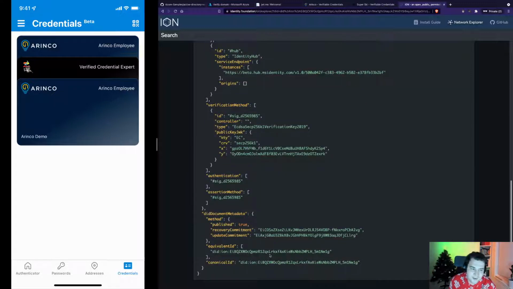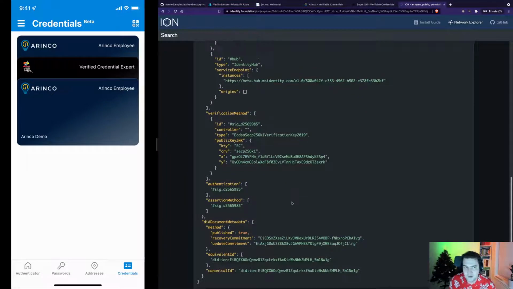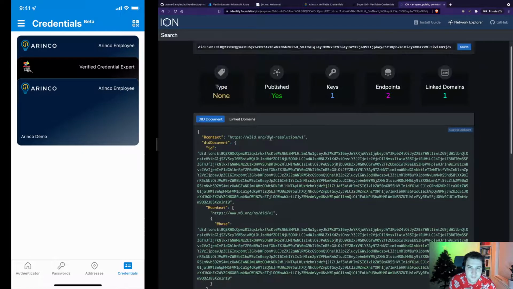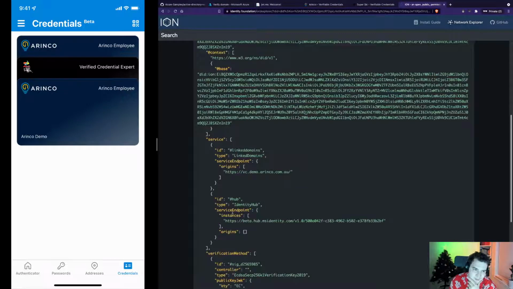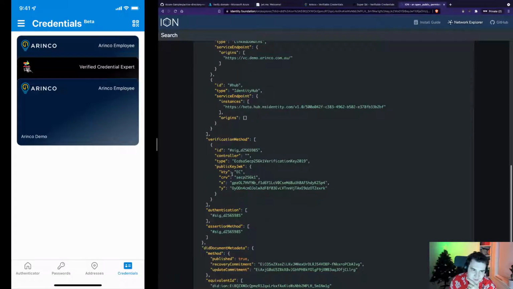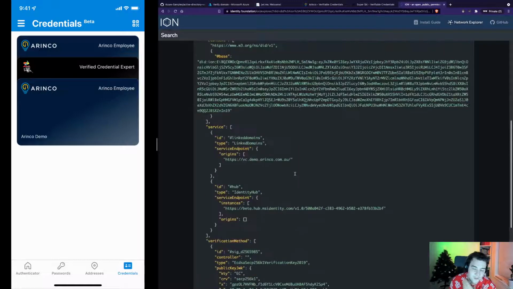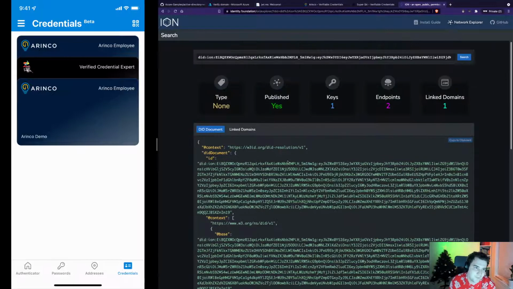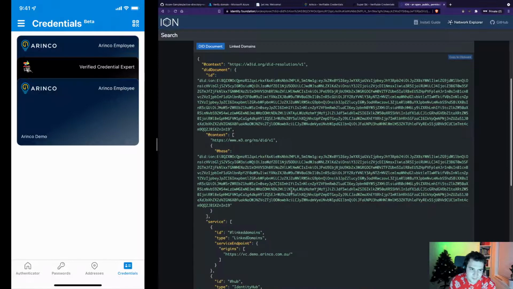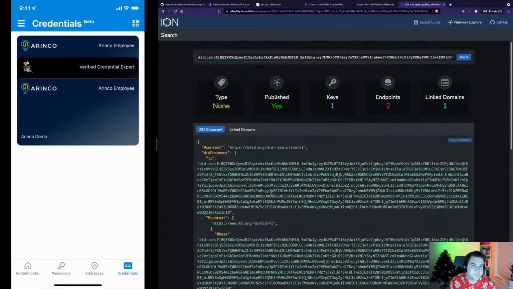I sign that, and then I put that credential on the device. I can look up that DID, which is presented as part of the card and also via the well-known on the blockchain network, and get the counter signature information to actually say, oh, well, that was actually signed, and I can do the public key validation of those verifiable credentials and prove that they are accurate. So I've pulled the DID out of the well-known, and then I can look that up in the ION network.